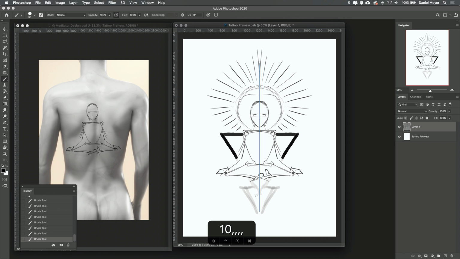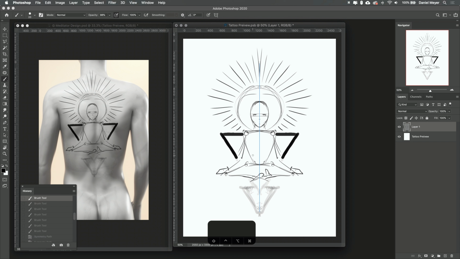And then on the bottom part, I was more thinking about shading in and keeping more almost like a hint of the triangle on the bottom one. Let's save this so we see the preview. Okay, what I like is the rays will nicely bleed over into the neck area. It looks already very nice. And then the meditator will have this floating lotus in front of him.